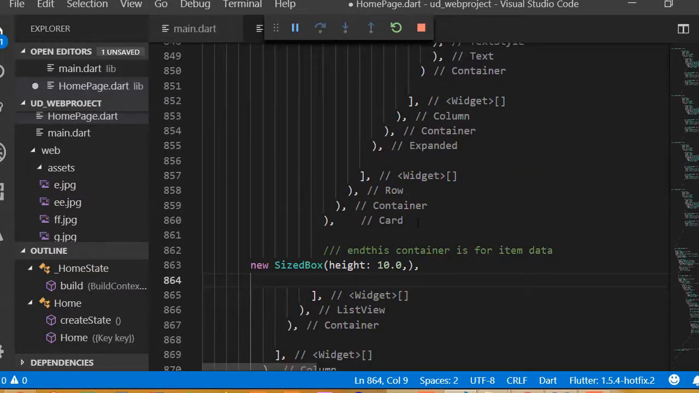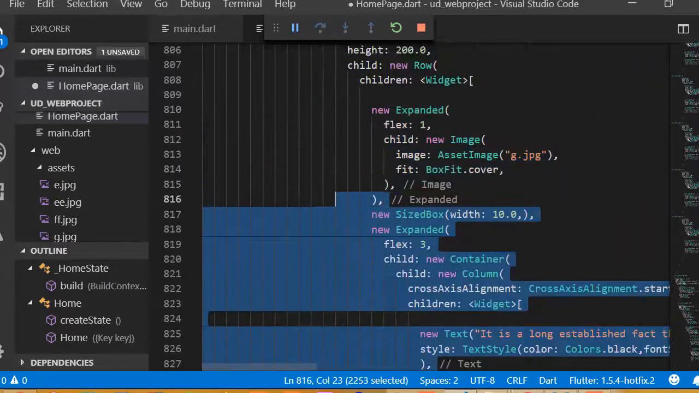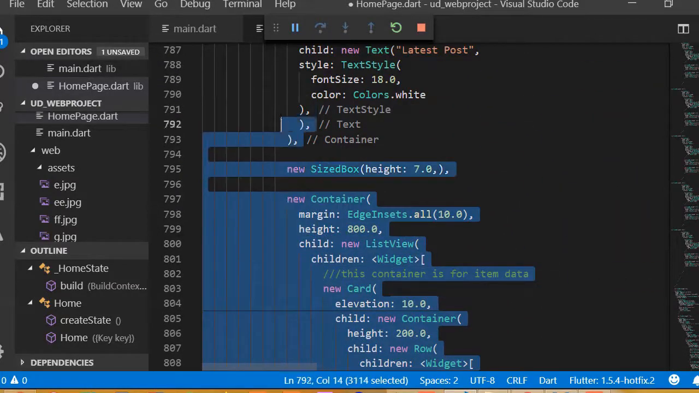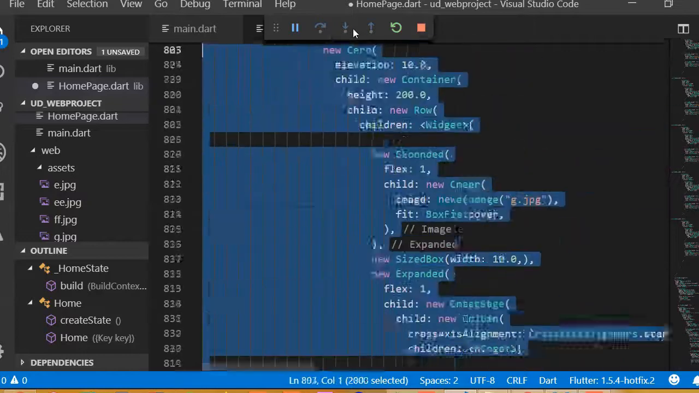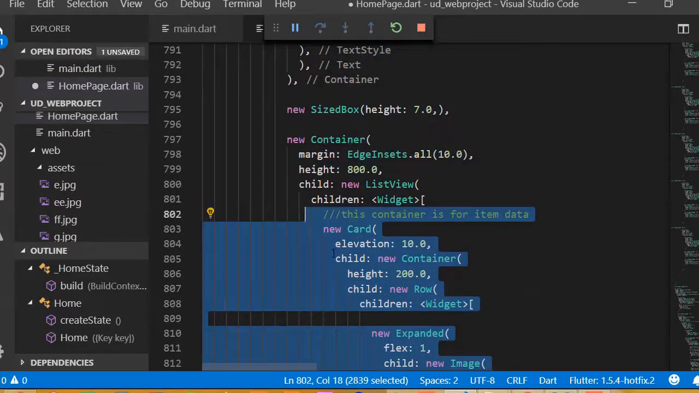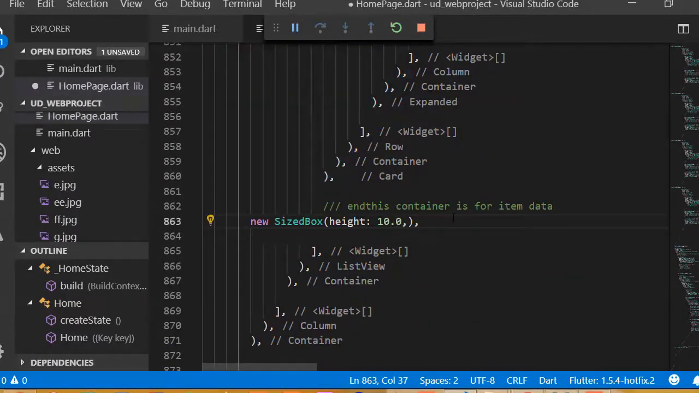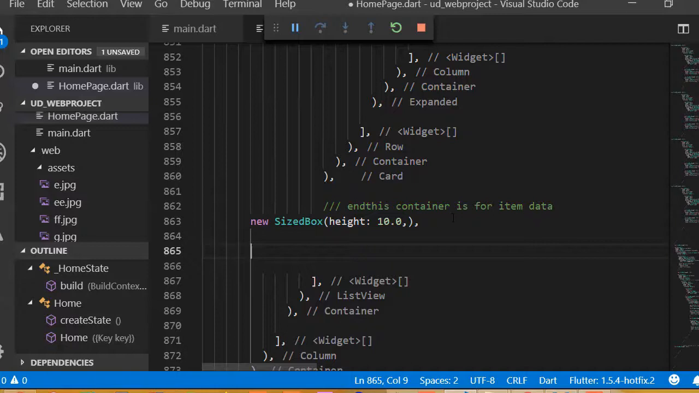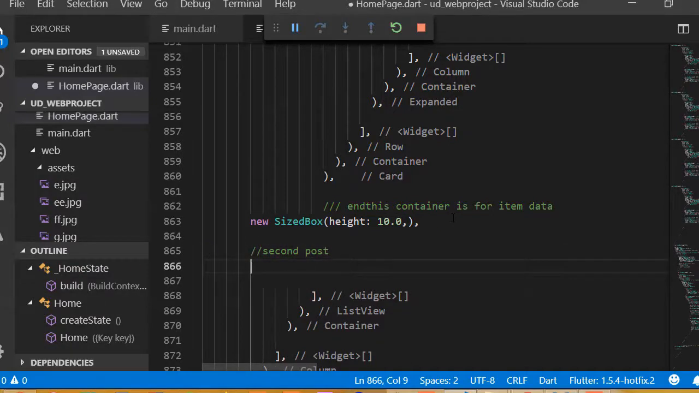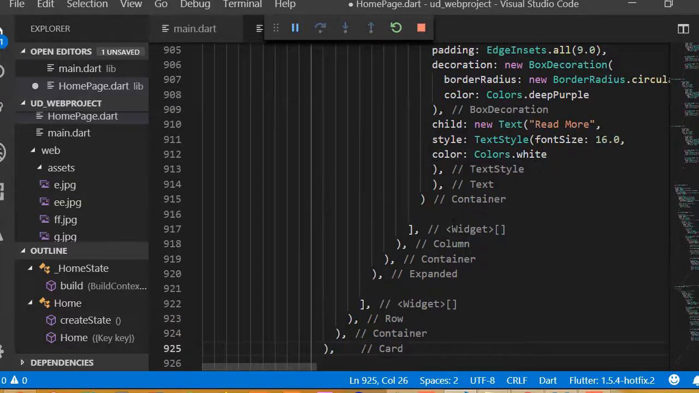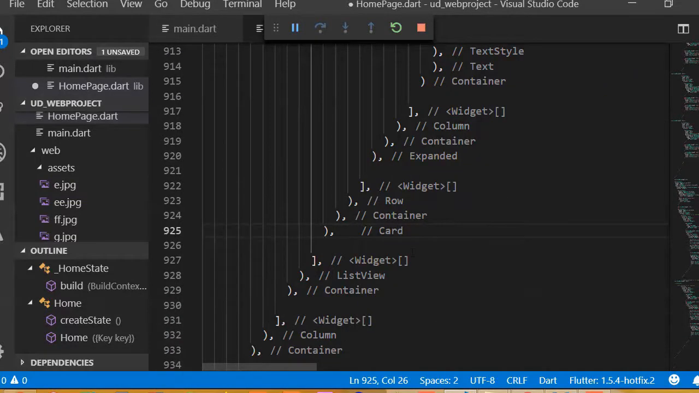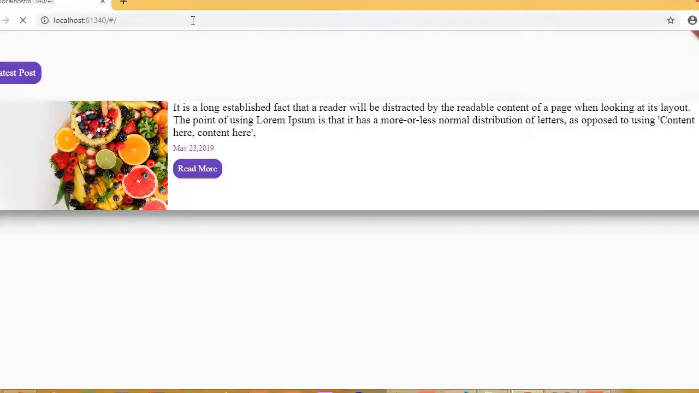Okay, so this is our first card. So from here we need to copy till this card, till this option, copy it including the comment so that we can show the comment for the next part. And I can comment out here second post. Now paste it here. So this one is our second post. Now save. Now if I refresh it,